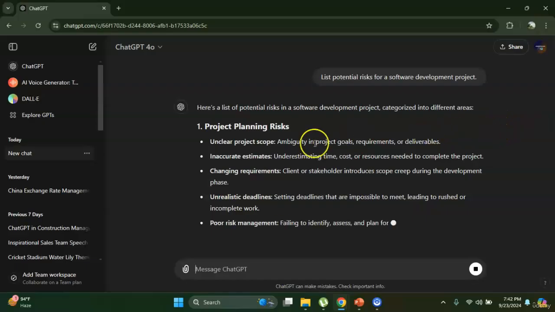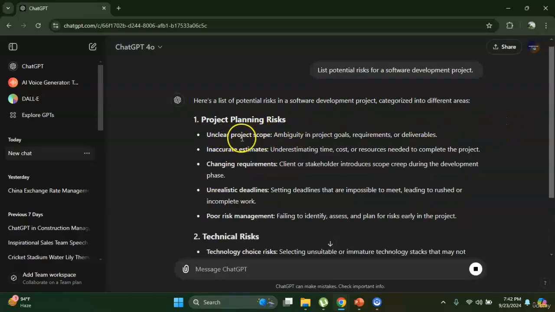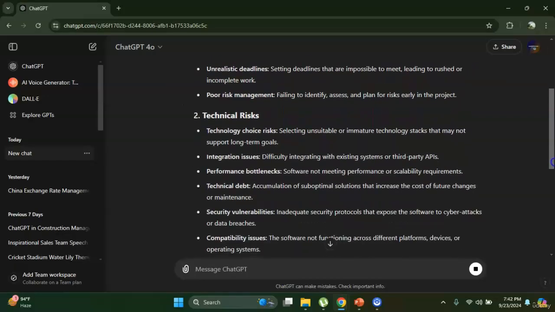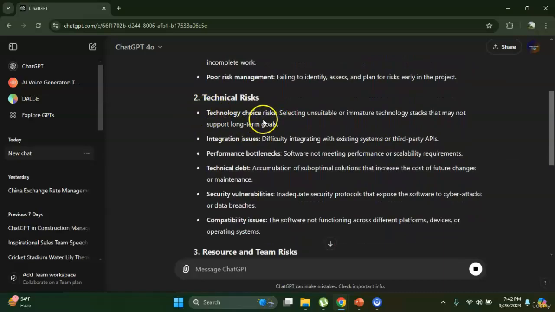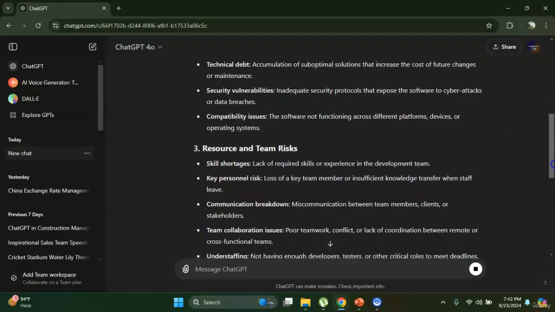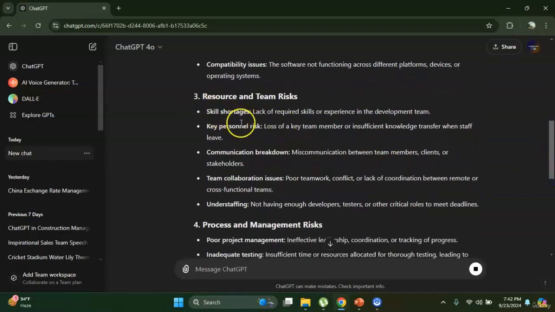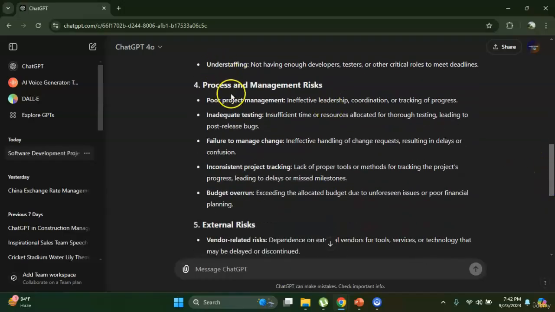You see, it is generating the output like project planning risks. For some of the cases, like unclear project scope, inaccurate estimates, changing requirements, unrealistic deadlines, poor risk management, technical risks, technology choice risks, integration issues, performance bottleneck, technical debt, security vulnerabilities, compatibility issues, resource and team risks like skill shortages, key personnel risk, communication breakdown, team collaboration issues, understaffing, process and management risks like poor project management, inadequate testing, failure to manage